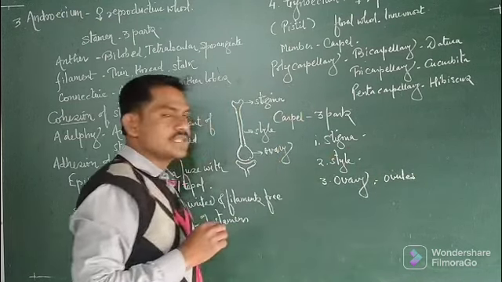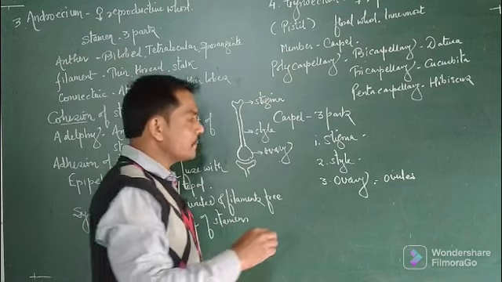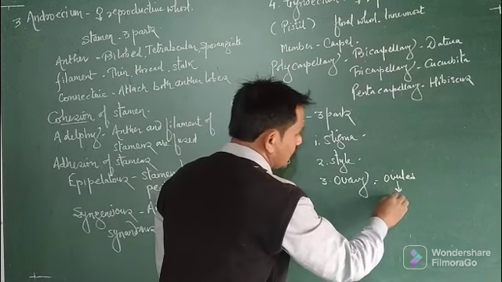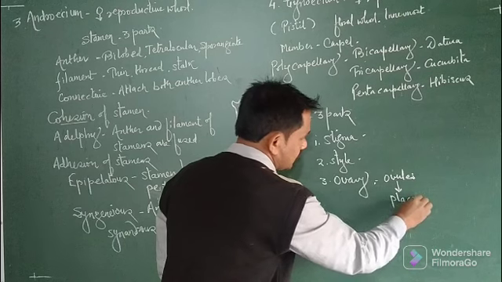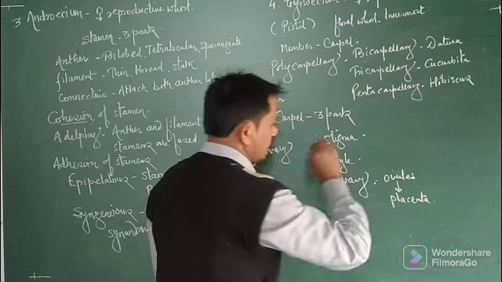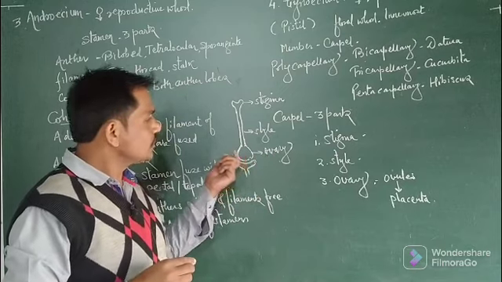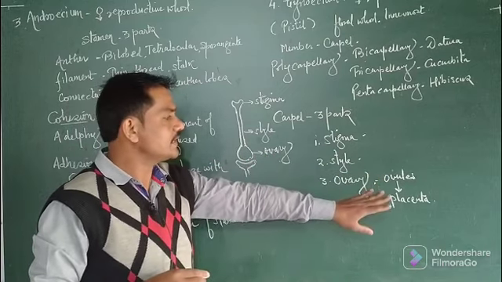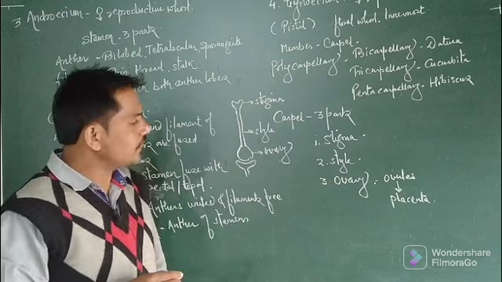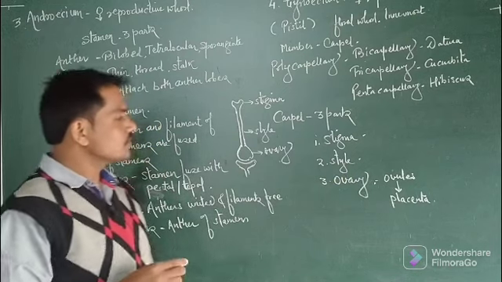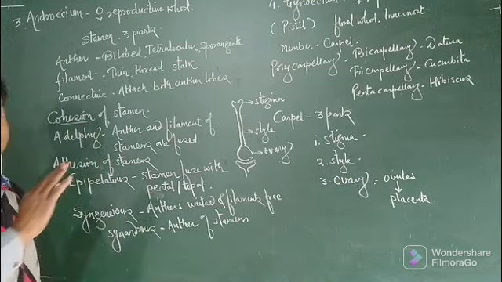The ovules are produced inside the ovary, and these ovules are placed on the fertile tissue. That fertile tissue is called the placenta. So the ovary is a basal solan, fleshy structure, which produces the ovules present on the fertile tissue. That fertile tissue is called the placenta. So this is about the androecium and the gynoecium.